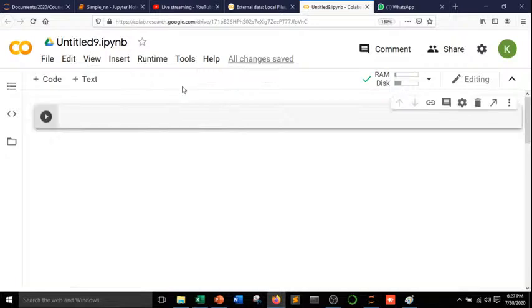Okay, so now I have a Google Colab. Using this Google Colab, I will tell you how to create a simple neural network algorithm. So this is the way. First of all, I need some packages, right? Basic packages, like import